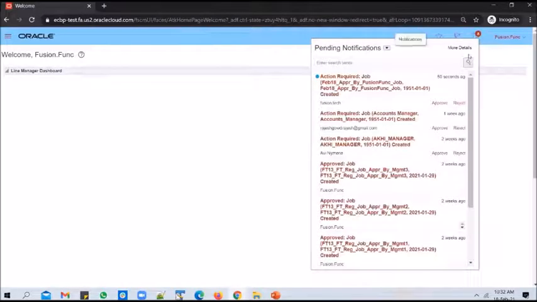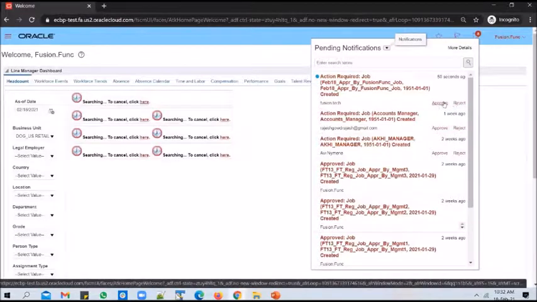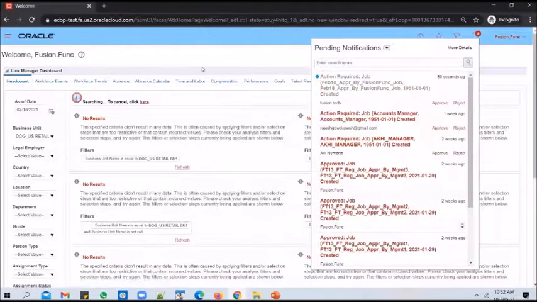You could see that the number has increased, and you could see the transaction has come to fusion.func user for approval. And I can see approve and reject buttons. I can directly act on it by clicking on this quick actions available, or I can click on it to see the details.